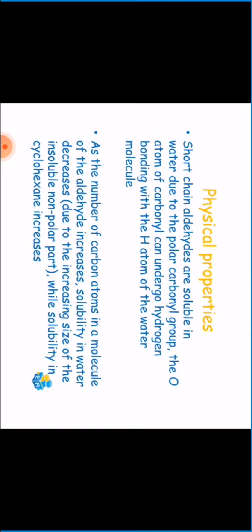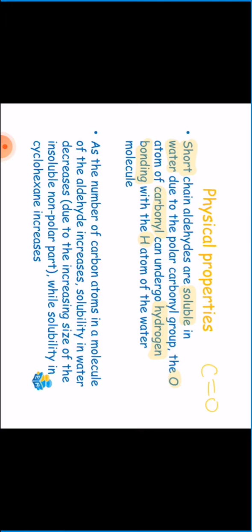So when we look at solubility, short-chain aldehydes are soluble in water, and that's due to the polar carbonyl group that's present, the polar C=O group, and the oxygen atom on the carbonyl can actually undergo hydrogen bonding with a hydrogen atom of the water. So that's what makes it soluble, where the oxygen of the carbonyl can undergo hydrogen bonding with the hydrogen atom